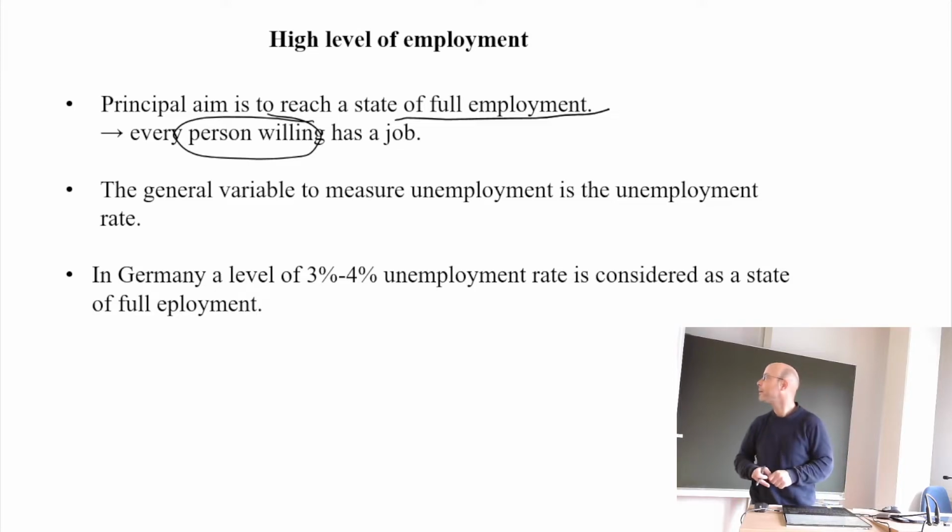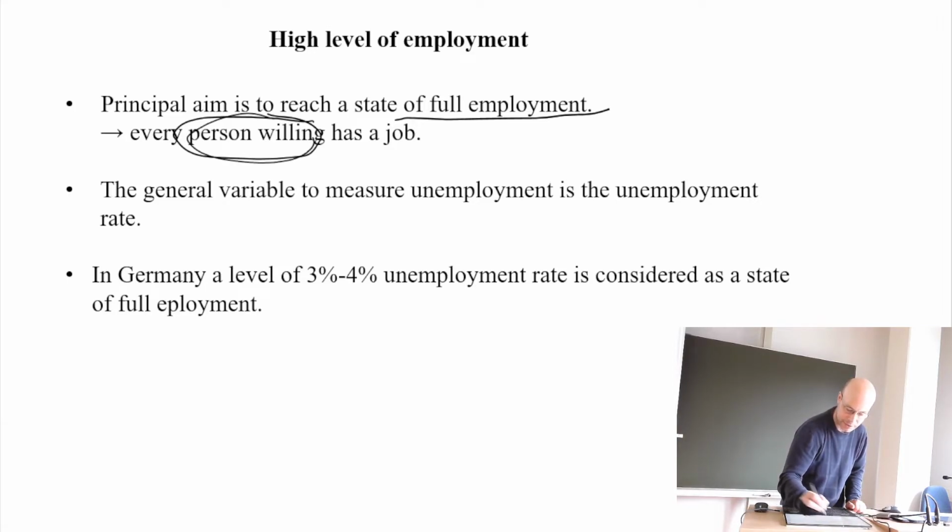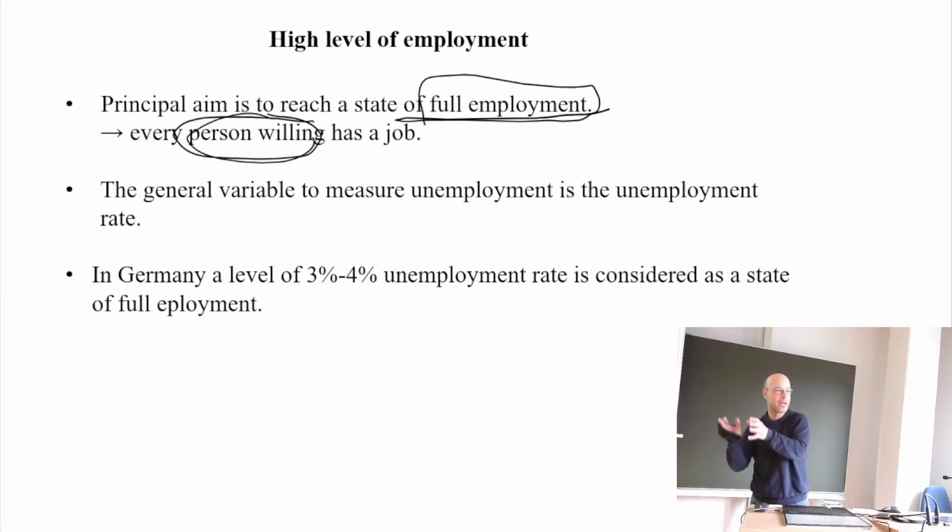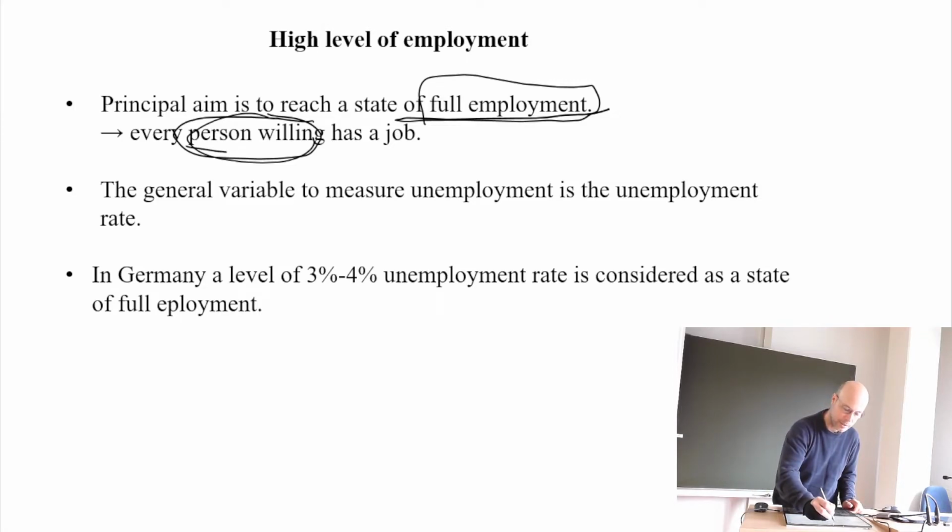going up every day at 8 o'clock or something like this, and earning maybe 1,000 or 2,000 euros per month, or I'm not doing this, and roughly you can say in Germany you get roughly 1,000 euros per month from the social system. And then it's your own decision, and therefore it's quite important to distinguish what we understand by full employment, that we do not say, okay, this means everybody should have a job, but everybody who is willing to work